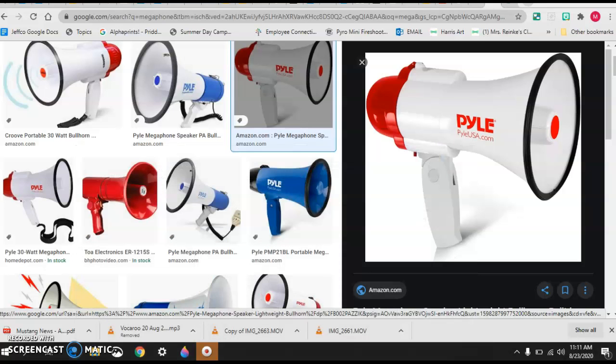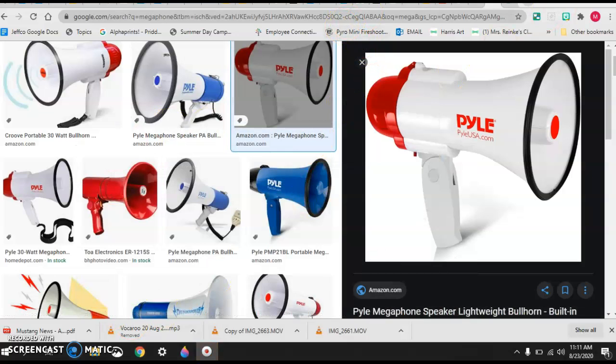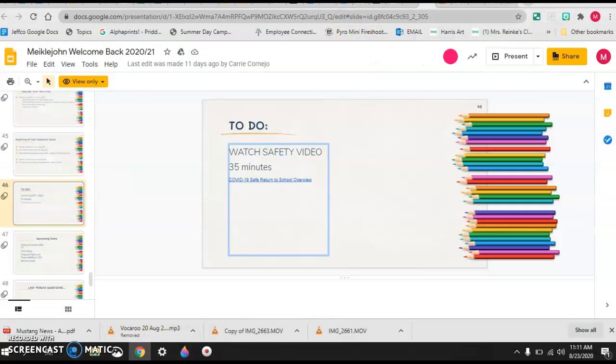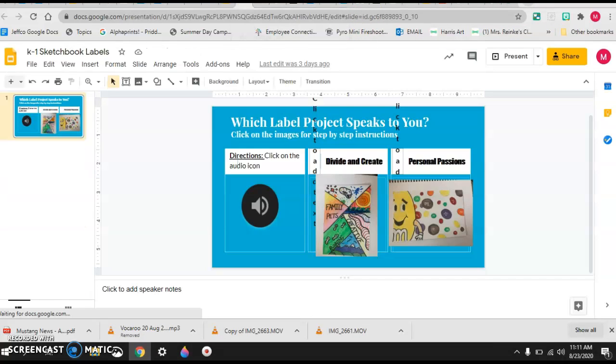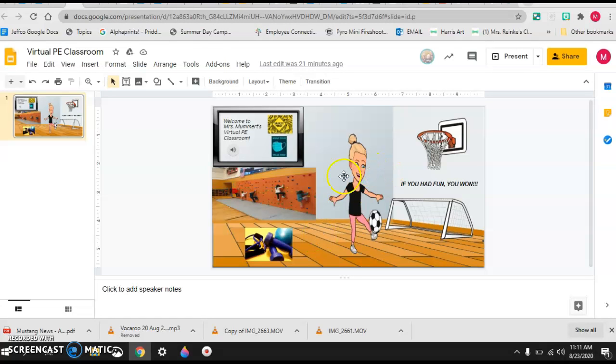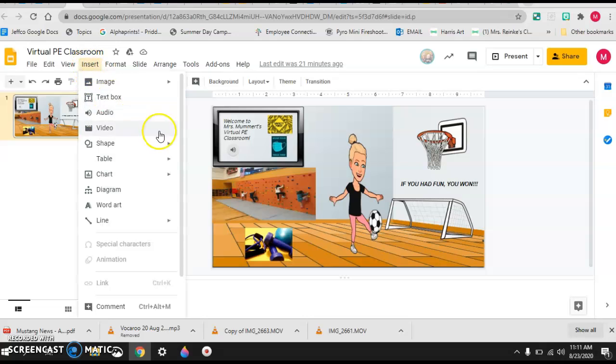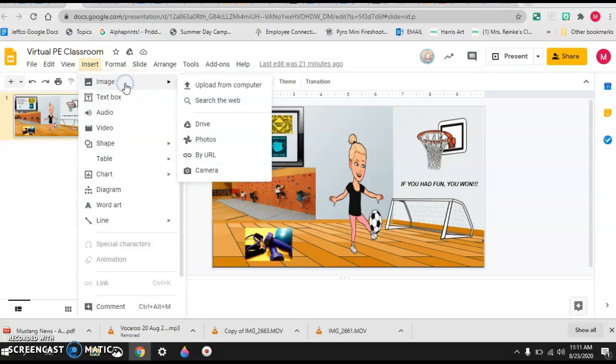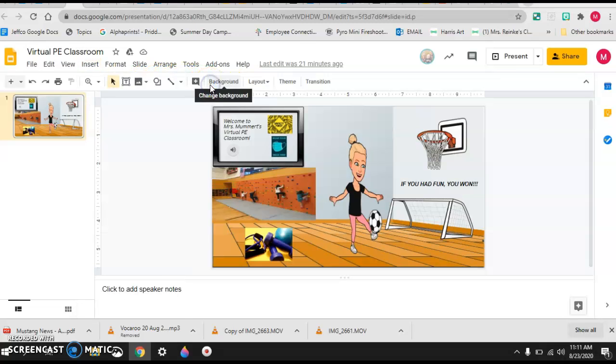Let me show you now how to put it in your Google slide. Let me find yours. Sorry, I have lots of Google slides open. Yay. Okay, so now I'm going to go to Insert. And I'm going to go to Image, Upload from Computer,